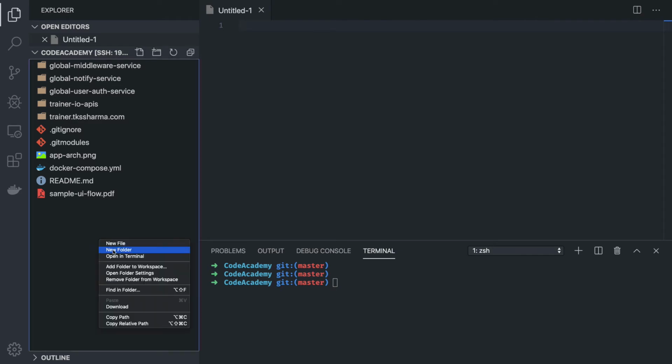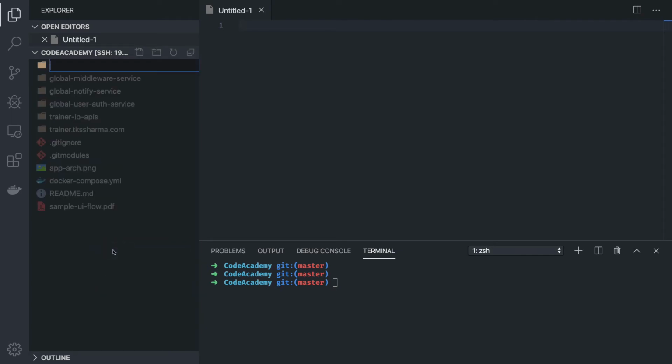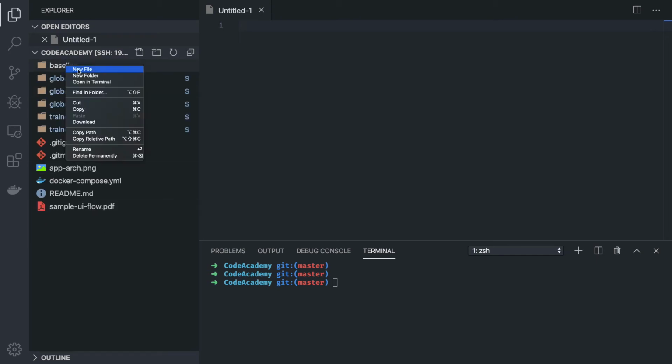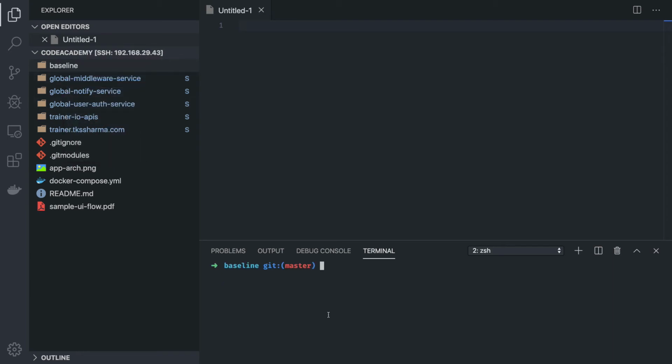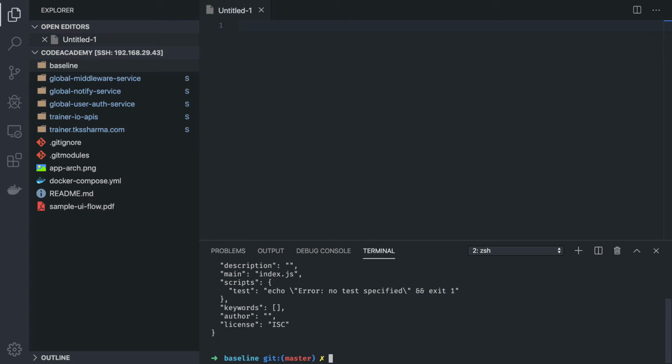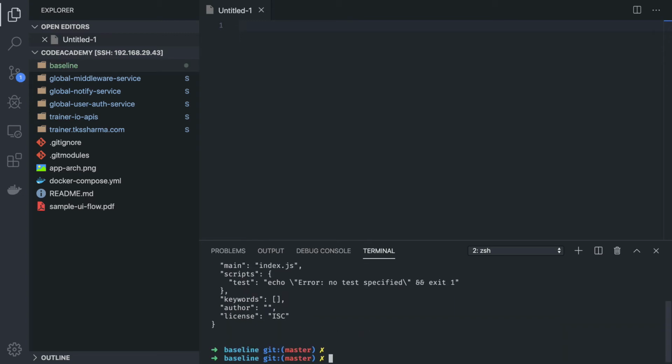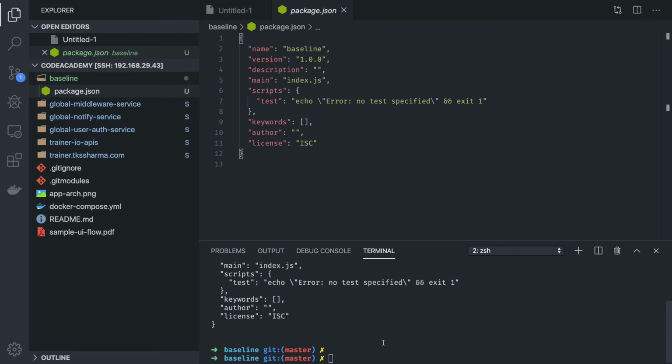I will just create a project folder here, which is, say, baseline. I will not use it; I will use my already built project, but I just wanted to show you what all things we are going to do in this. First of all, we will start with a very basic package, which is Express, because with Node.js we are going to install Express for our project. So first of all, we will just do npm init and initialize our package.json. Okay, so we got a basic package.json here, and now we will install our first package, which is Express.